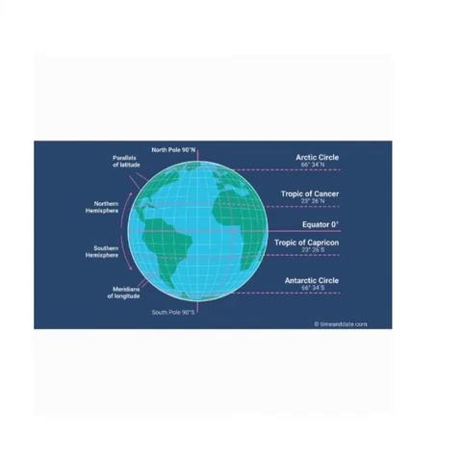Equator is an imaginary line drawn halfway between the North Pole and South Pole. The equator is the most important latitude and is also called a great circle. It divides the earth into two halves or hemispheres called the northern hemisphere and southern hemisphere. The part of the earth from the equator to the North Pole is called the northern hemisphere, and the part of the earth's surface from the equator to the South Pole is called the southern hemisphere.